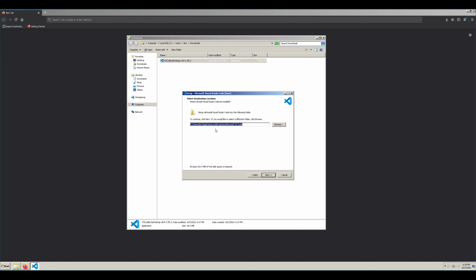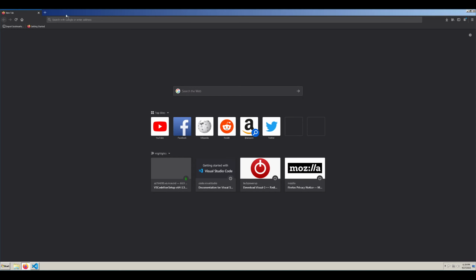Okay, next. Okay. No, I'm going to install it in C, in a much simpler path, because why not? Next. Okay. Sure, why not? Of course. Go. So while this is installing, let me